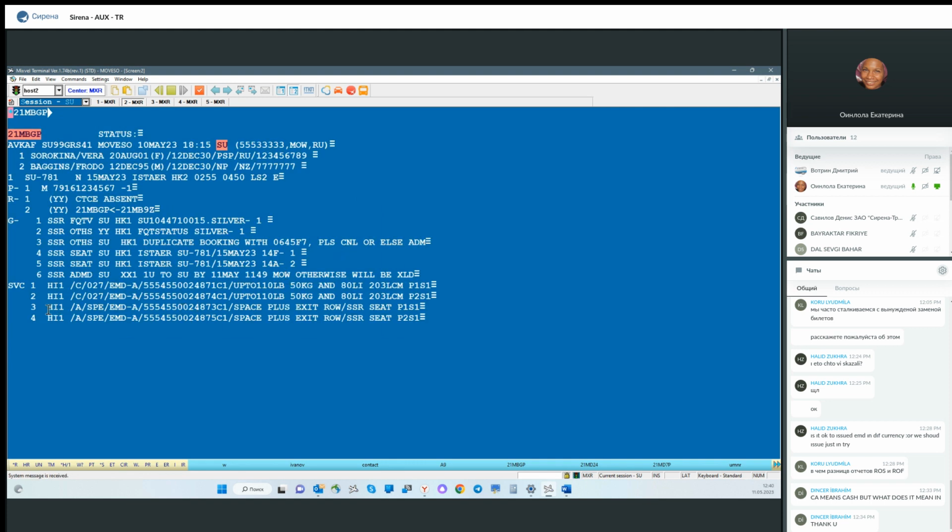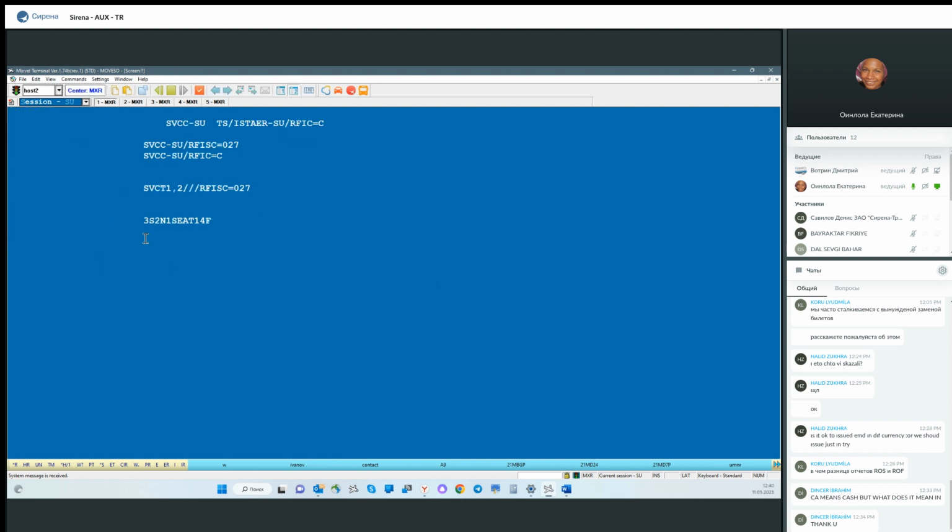For example, when I add an SSR seat in the PNR, the airline adds an SVC with the reason for issue code in the PNR. For baggage, you should add the SVC by yourself, no SSR, just SVC. The entry will be 3SA. 3S, you add service in the PNR, A associated with flight, then the flight segment line number,